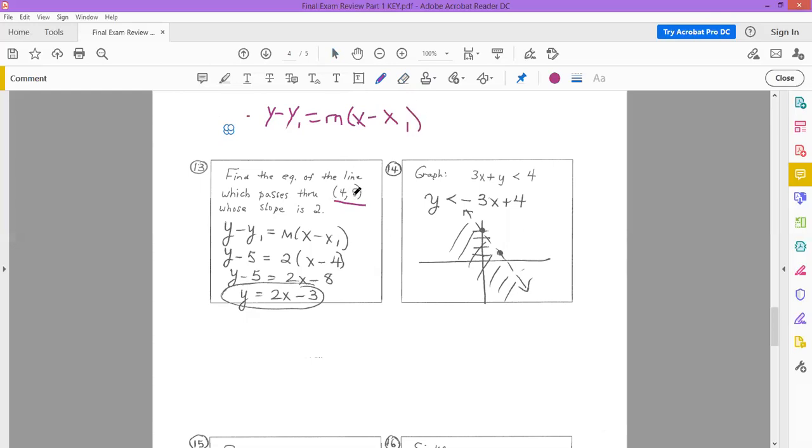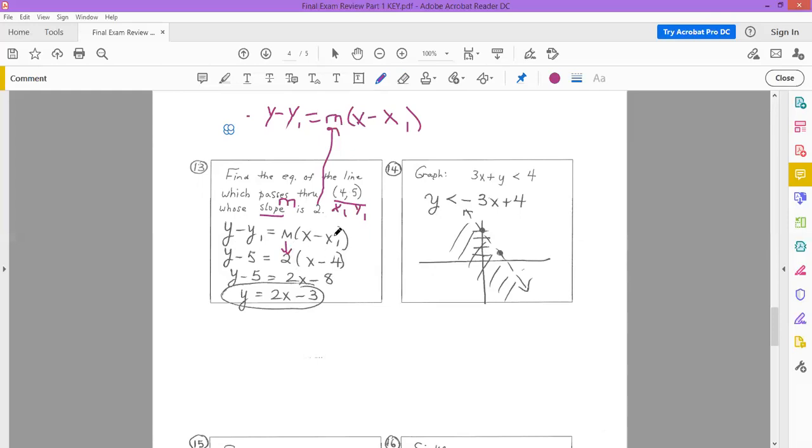And this point 4, 5, we're substituting that x coordinate as our x sub 1 and the y coordinate as our y sub 1. Remember, slope is the same thing as using variable m. So in our equation where we see m, we're replacing that with the slope we were given of 2. Our x sub 1, we're replacing with 4, and then our y sub 1, we're replacing with 5. So instead of y minus y sub 1, we've got y minus 5 equals our slope 2 times